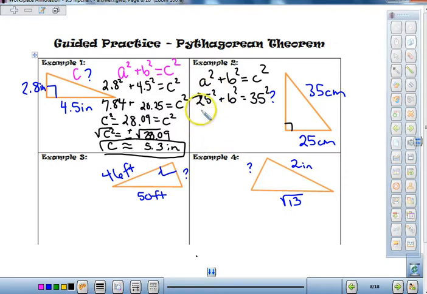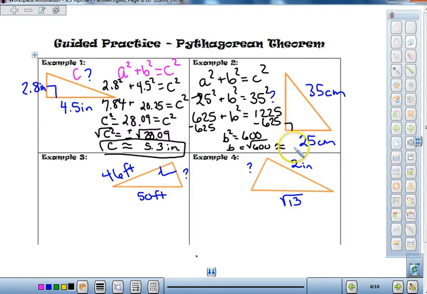And put it in your calculator, 25 squared. That comes out to equal 625, plus b squared equals 35 squared, which on our calculator comes out to equal 1,225. We are now going to get b squared by itself. So just like in 9-1 when we solved, we subtract 625 from both sides. b squared is actually going to be equal to 600. What does b equal? We take the square root of 600, which in this case is going to be approximately